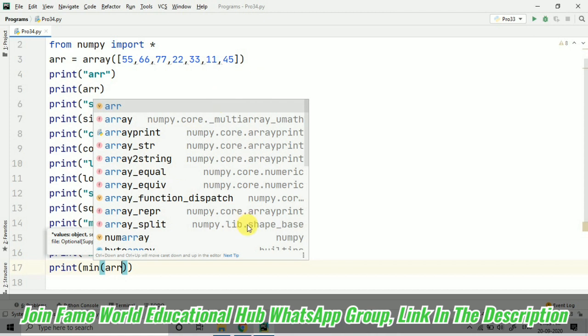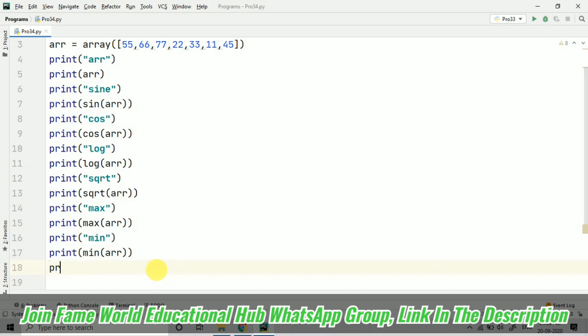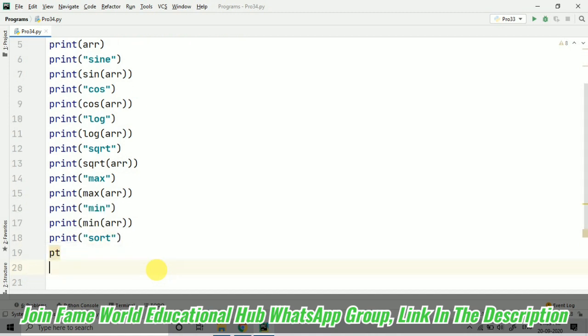In different languages, as you all know, whenever we are working in C, C++, Java, or any other language, for this particular maximum element and the minimum element, we have to proceed with the complete loop and all. We have to use the loop, and then we have to check it with the help of conditions. So you can see it's really simple here in the case of Python, because the NumPy module already has these functions. Now if you want to sort the array, you can sort it also with the help of the sort function available here.